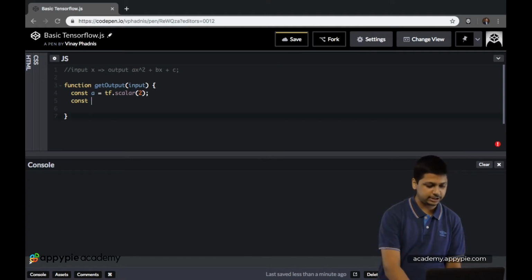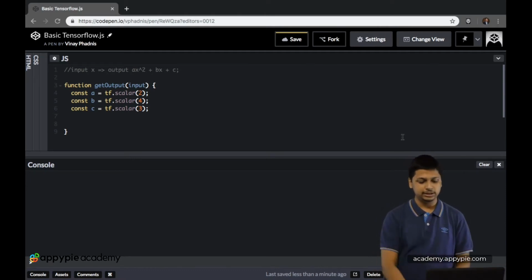Then we have const b, which is again tf.scalar. Let's make this 4, and then we have const c, which is tf.scalar, and this is 3 over here.